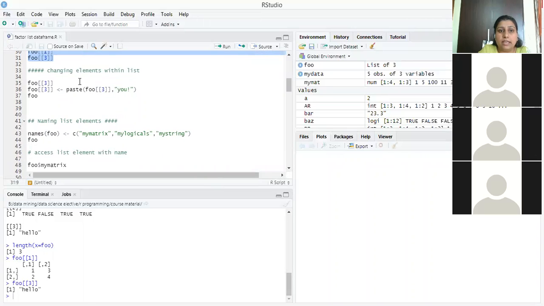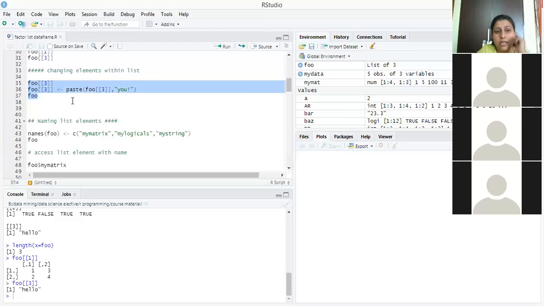How to change the elements within the list? Because the third element is a string, we are using the concatenation operation. If you want to assign a different value, you can use that operation. Suppose in place of the matrix, you perform a matrix addition. You can assign it by using A plus B, store it in a matrix, and assign it to that element.